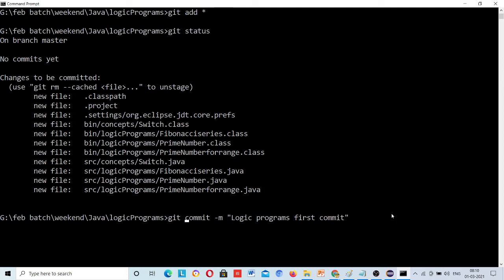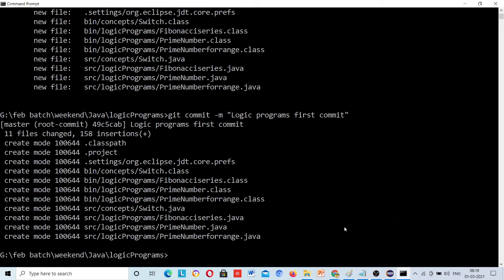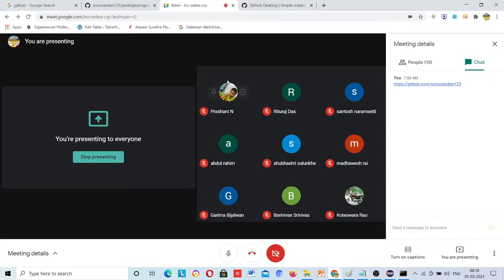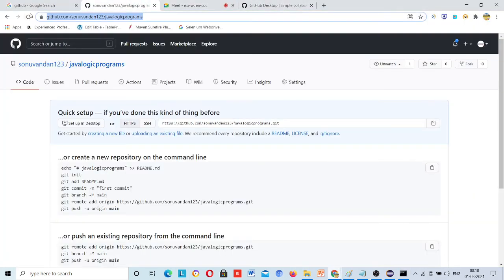Now this is committed. This code is committed, but you cannot see it here. Now I know what I have to collect and what I have to push to the cloud.